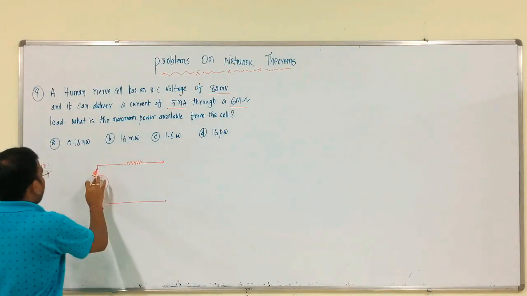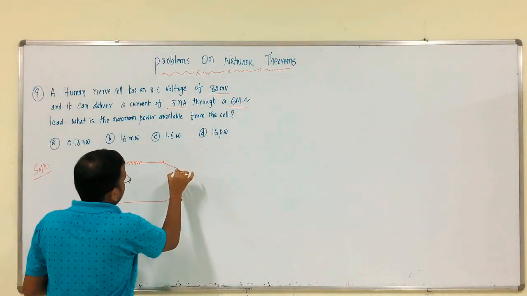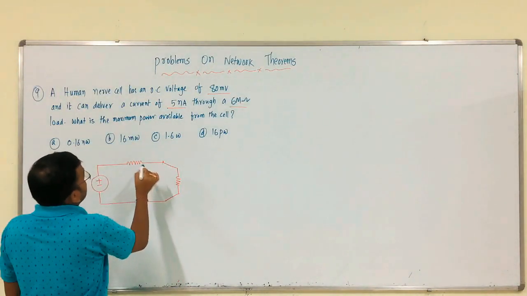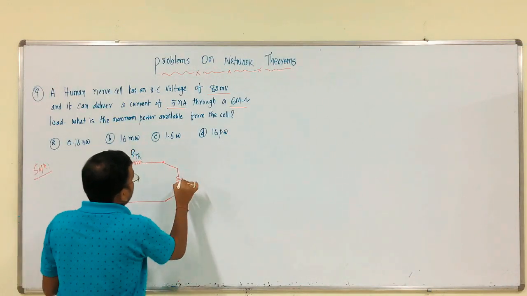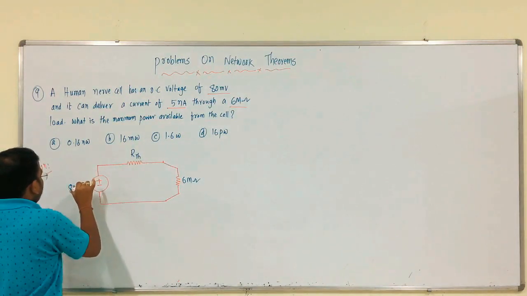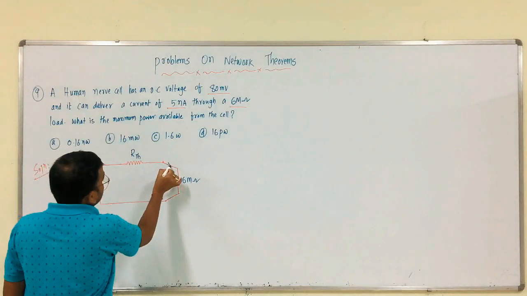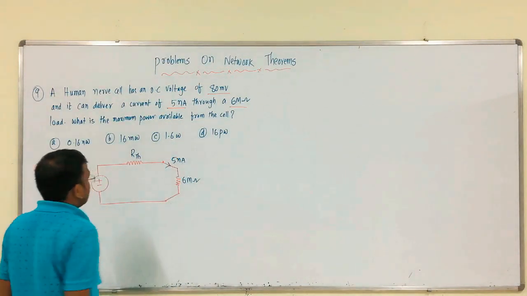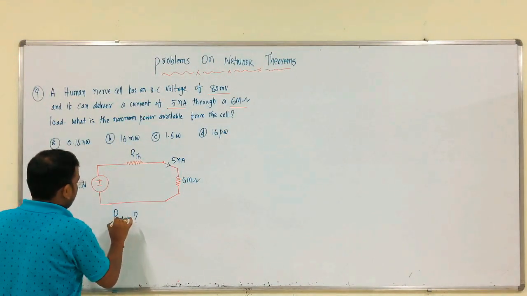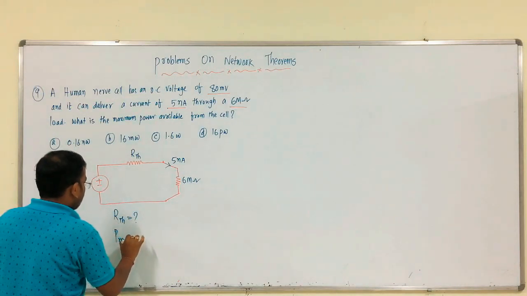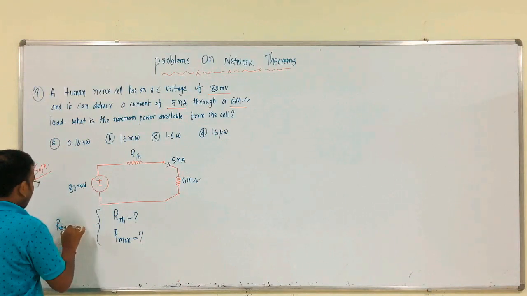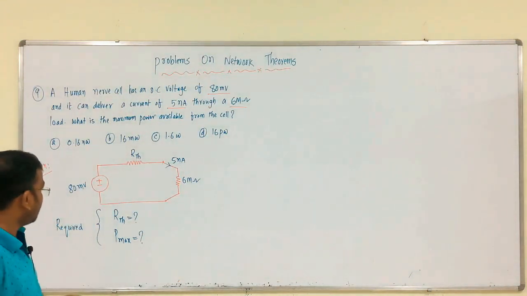this is Thevenin's equivalent circuit, right. So, what is the RTH? We do not know. What is the load? 6 mega ohm. What is the input supply voltage? 80 millivolts. The current through this is nothing but 5 nanoamperes. That is it. We have to calculate RTH and then P max. These are the required quantities, RTH and P max, right.